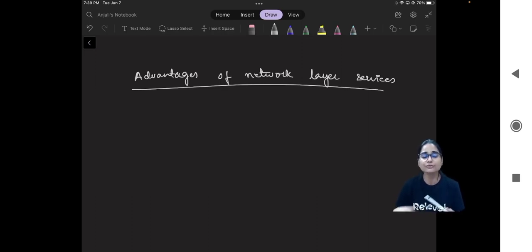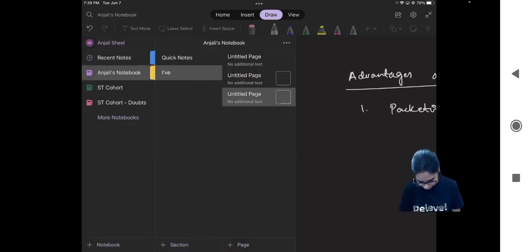Whenever you are sending your data, there are chances of failures as well. So this ensures that whenever you send your data in the form of packets, your data is not going to get lost. So we can say the first advantage is packetization, because packetization is what ensures that it is getting delivered in a